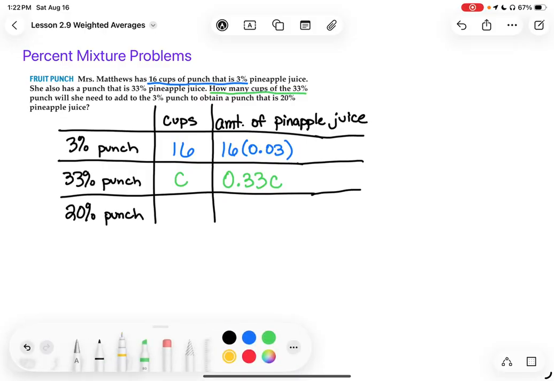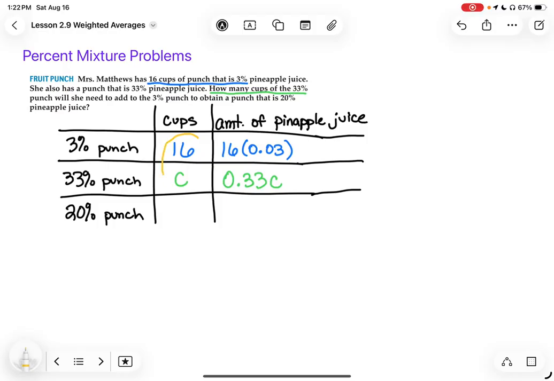We don't know how much of our mixture we're going to have because we don't know how much of the 33% we're putting in there, but we do know it's going to be the total of the two. However much 3% and however much 33% there is going to be our total. And we know that it's a 20% solution, so the total is going to be 20%, which is 0.20. It'd be okay if you wrote that as 0.2